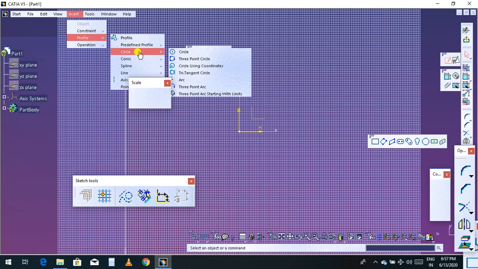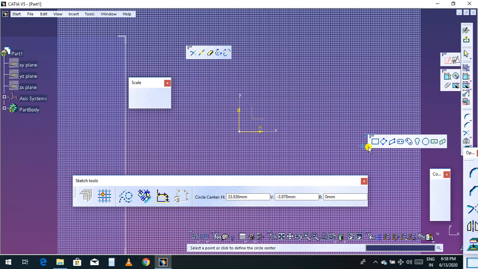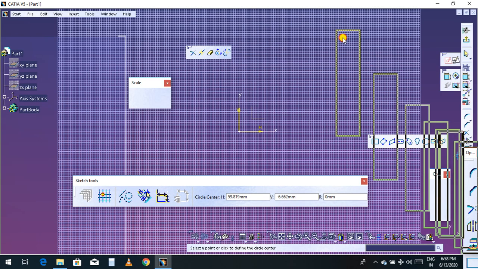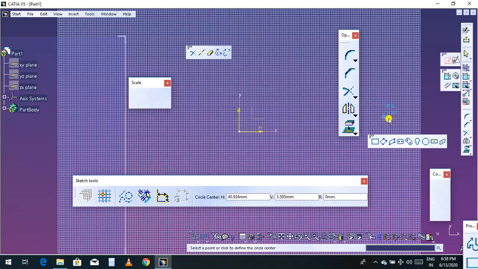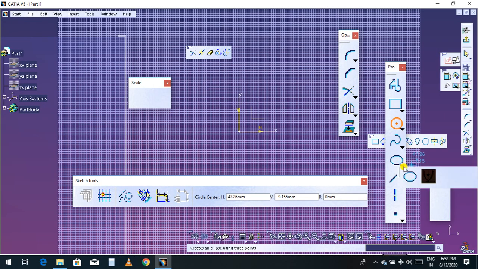I will discuss this profile circle, and these are all the types of circle profile. So now you can click from here. If it comes, then it's okay, or else we can select Insert. See, now it came here. So these are all types of circle profile.